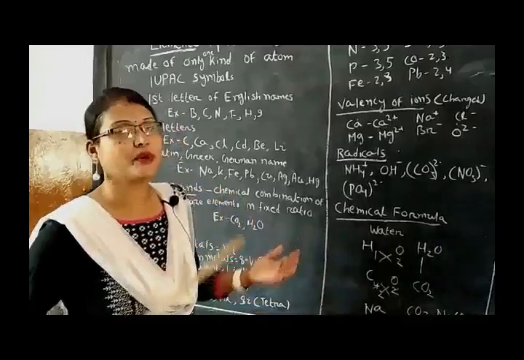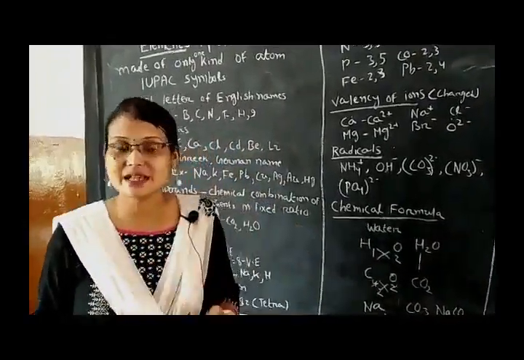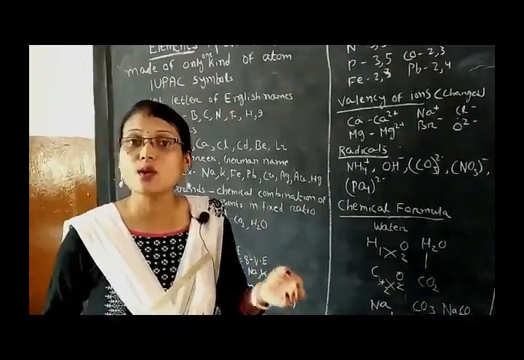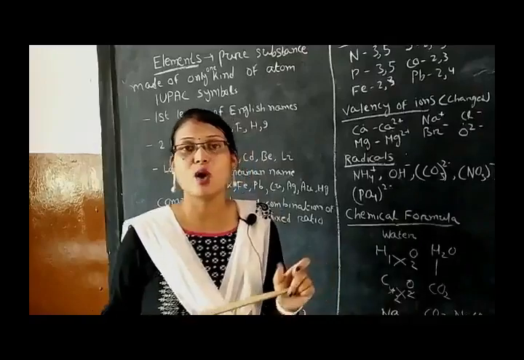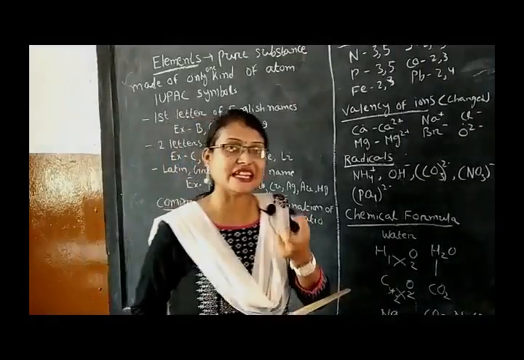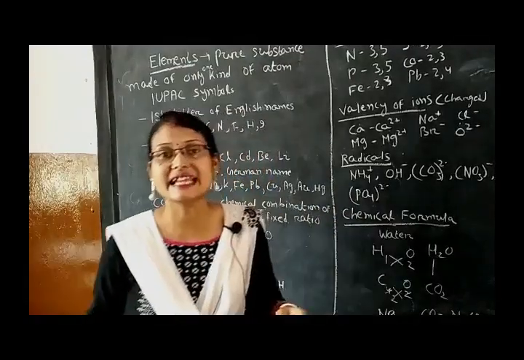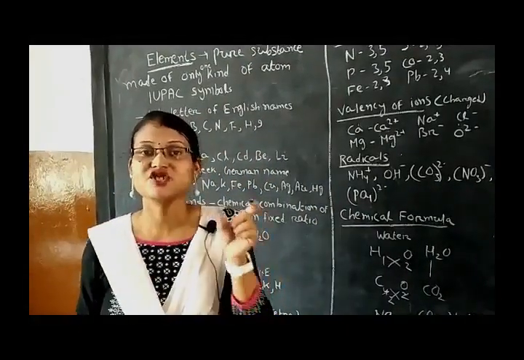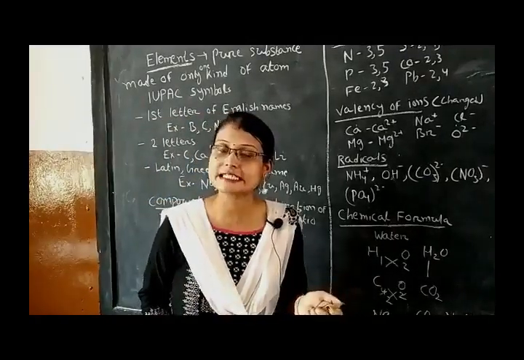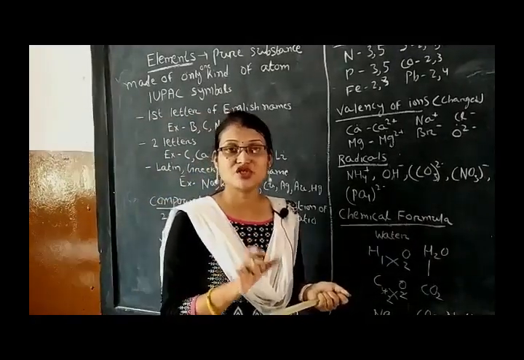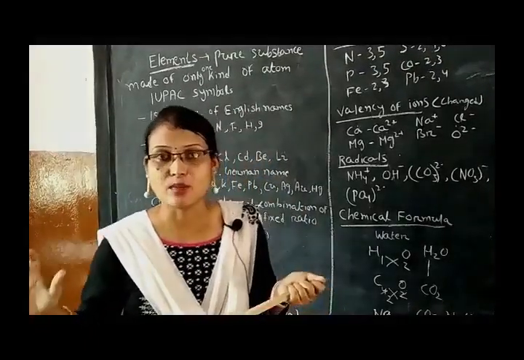For example, in the periodic table, 118 elements are there. So, how is oxygen represented? It is represented as O. What is that called? That is called a symbol. Like you all have your nicknames, likewise elements also have their nicknames, and that nickname, that shorthand representation of each element, is called its symbol.